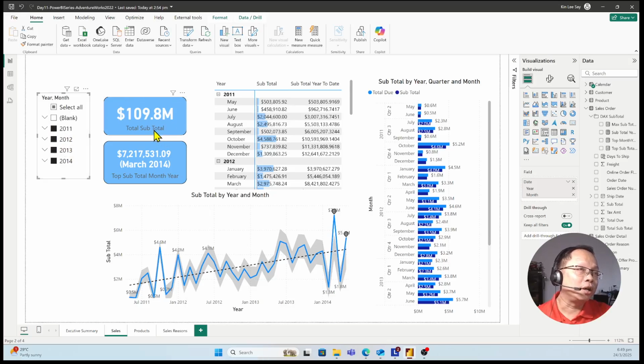And over here I have two cards. The first card displays the total subtotal, which is the sales without tax and without the freight costs. Among this selection, the other card shows the maximum subtotal sales value, and also indicates the month and the year. So, for example,